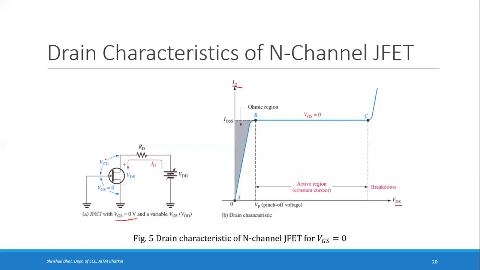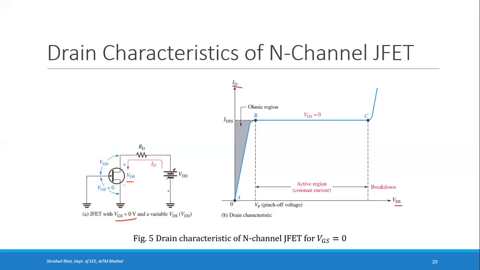The gate drain thing. So what happens here, before that actually develops, you have given a VDD, because of which there is a drain to source voltage. As you increase this VDD, the VDS will increase. As you increase the voltage, current will increase. Initially, the current will increase because voltage and current are directly proportional, and related by Ohm's law, that is V is equal to IR, right? V is equal to IR. That is why as voltage increases, the current will increase.